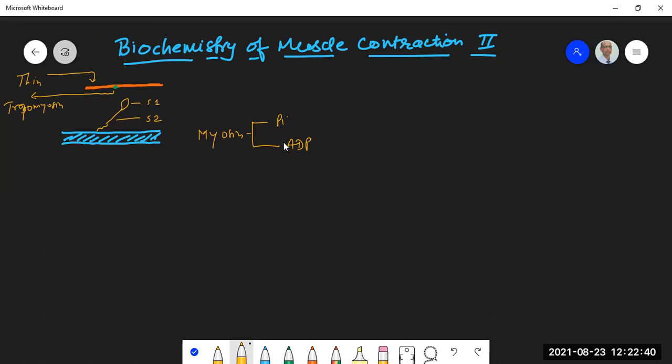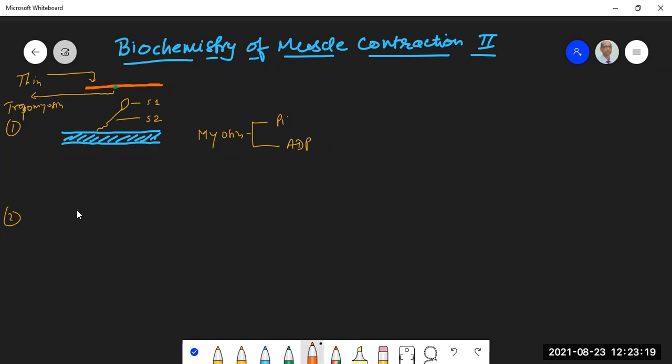But the good part, and you will find it in other biological systems also, is that the energy is not released right away. Energy release is coupled to the work done, to avoid wastage of energy. The energy liberated as a result of hydrolysis of ATP to ADP and Pi will be released only when the muscle contracts. Otherwise, the energy will not be released. It is stored here. So this is figure number 1. Now I am drawing figure number 2.